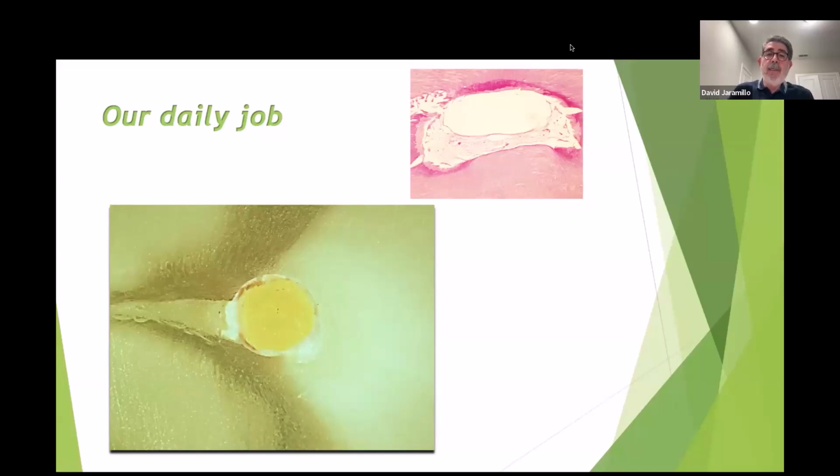So this is a distal root canal that was instrumented to the 2004, and look at the amount of pulp tissue left behind, okay? After doing irrigation, ultrasonic or needle irrigation. This is a 2004,